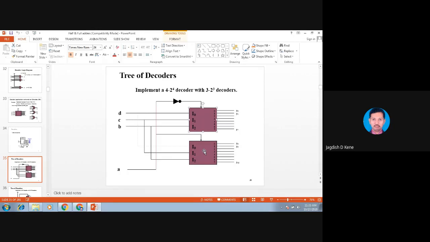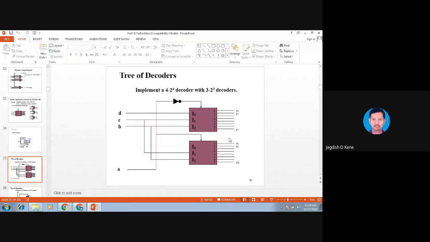Again, for the next 8 output ports, Y8 to Y15, decoder 2 is active because A is 1. So the combinations run from 1, 0, 0, 0 to 1, 1, 1, 1. Likewise, we can generate the corresponding higher order decoders.